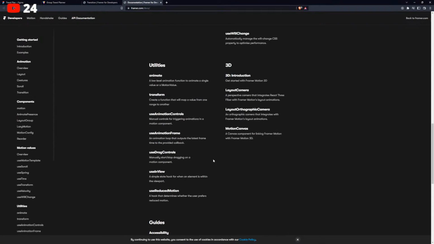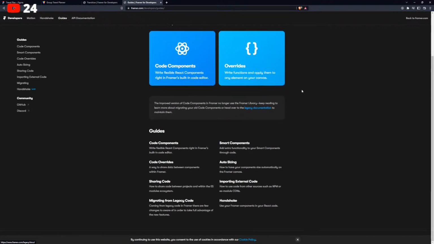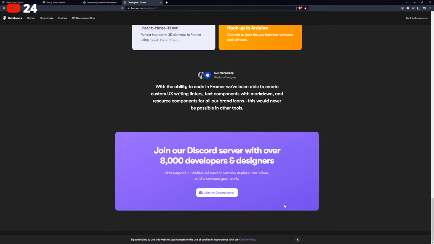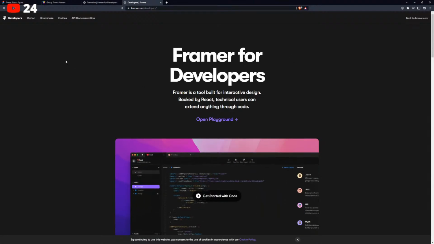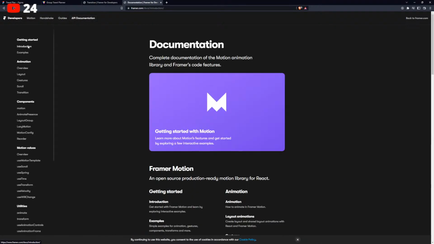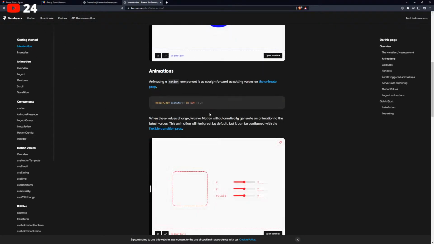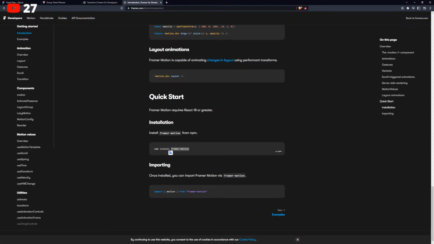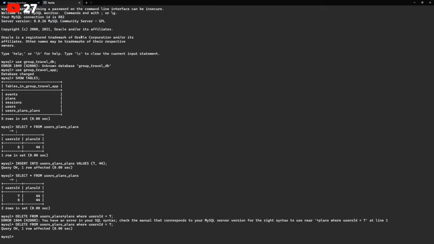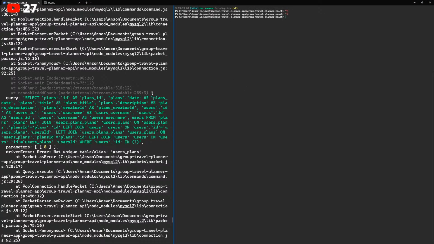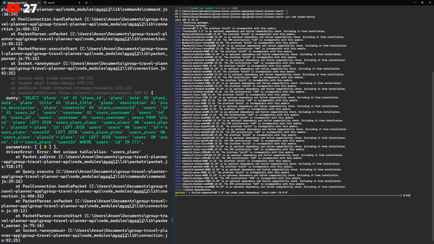I'm going to try to see if I can integrate this real quick. Might as well. Doesn't seem like it'll add too much complexity.